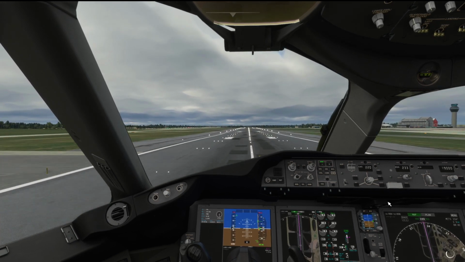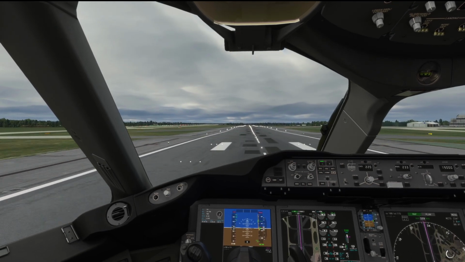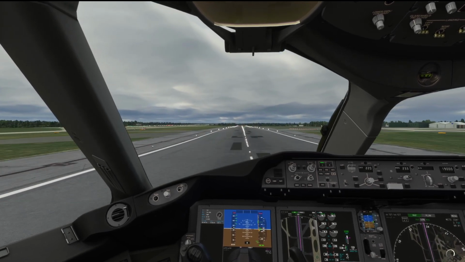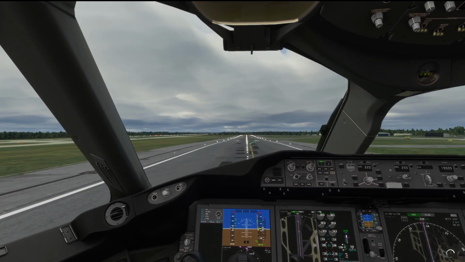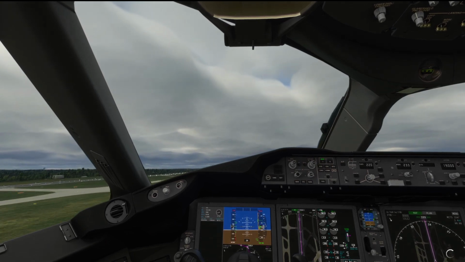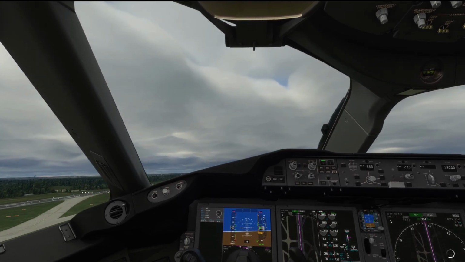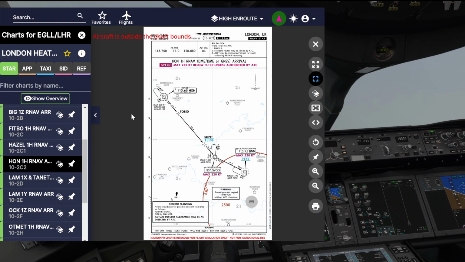Today we're going to be doing a very short hop from Manchester, where we're departing now in a bit of a crosswind, to London Heathrow, and we're going to be flying the Honolly 1 Hotel arrival into Heathrow, expecting the ILS runway 27 right. We can select the Honolly 1 Hotel on our arrival, and we can see Honolly on the top left of your screen,